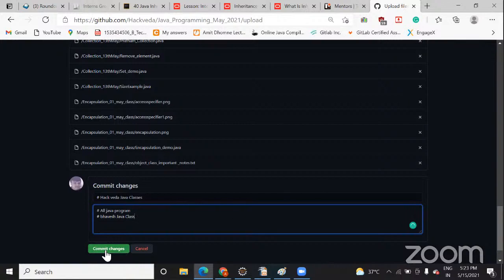I've added a comment. Now I am going to commit the change. Commit changes means permanently saving this. Commit means permanently save.